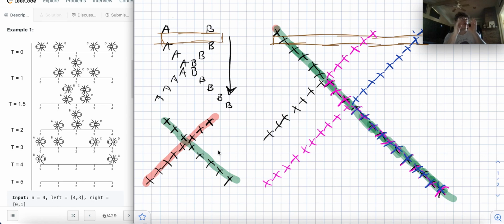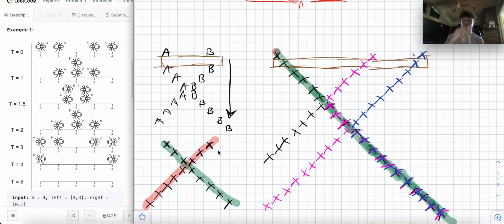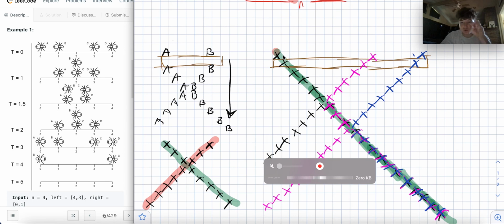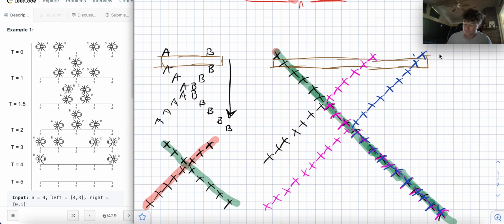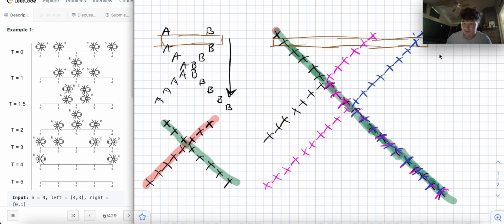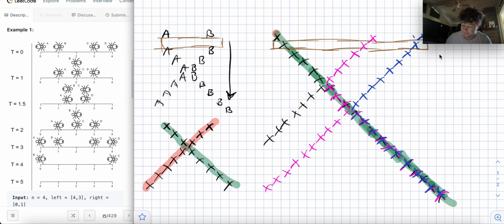So you can say, well, this is a problem where they're colliding and bouncing off each other, and that's going to affect how long it takes for someone to fall off the plank. But if you really look at it and you simulate an example, the collision is just going to affect which ant is going to end up taking that path. But the total length of time it takes for something to fall off the path is the same, right? The path contributed by this black X, although it becomes the pink X and then the blue X, is still the same length of starting at this position and having to go across the entire plank, right? So then really what our problem is, we have to look at